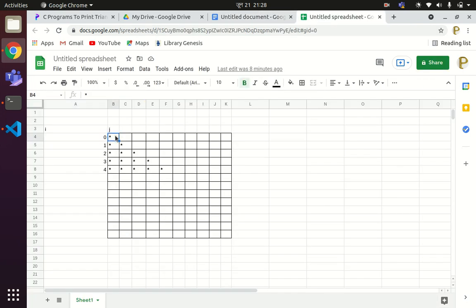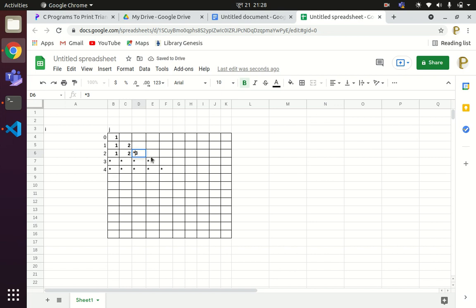So if the row number is 1, then print 1. If the row number is 2, then print 1 and 2. If the row number is 3, then print 1 2 3.